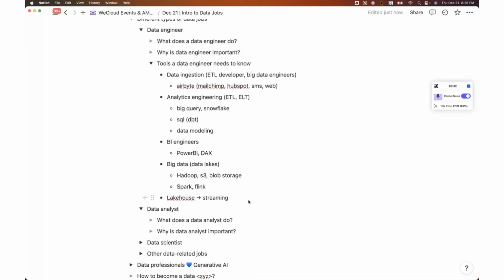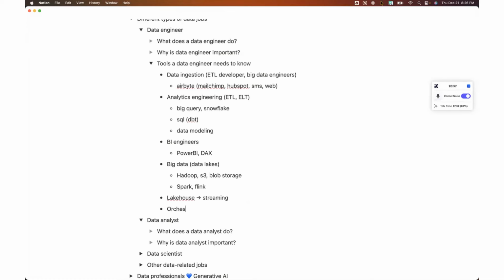I think for data engineers, because you're building data pipelines, and imagine you're dealing with like 50 different source data systems, it's hard to do all of these manually. Definitely, you will need to know how to do automation. So end-to-end workflow orchestration, or data pipeline automation. I would recommend tools like Apache Airflow that has been around for many years. It has a really large community. Something a data engineer would definitely need to look into.